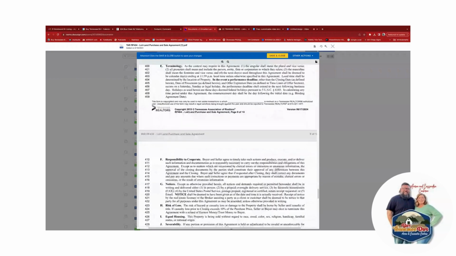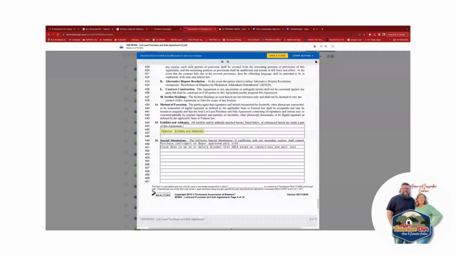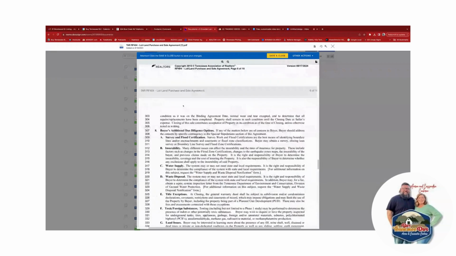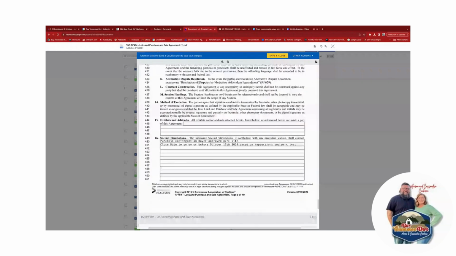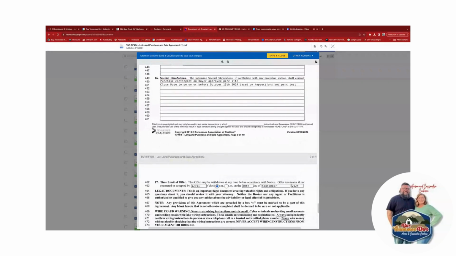And then I think, let's see what else we got. Exhibits and addenda, nothing there. And then right here was the special stipulation we had selected up here. Let's go back. Other inspections, put in the special stipulations. Purchase contingent on buyer approved perk site. So even though it was all included in these other tests, we just wanted to make sure that we put in there that it was